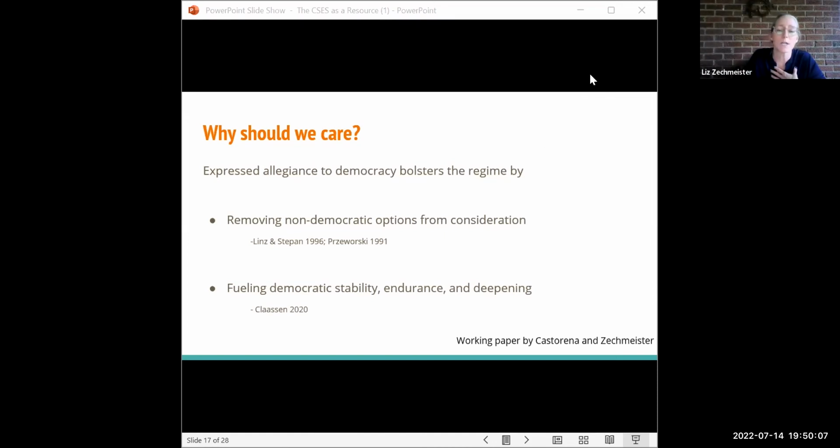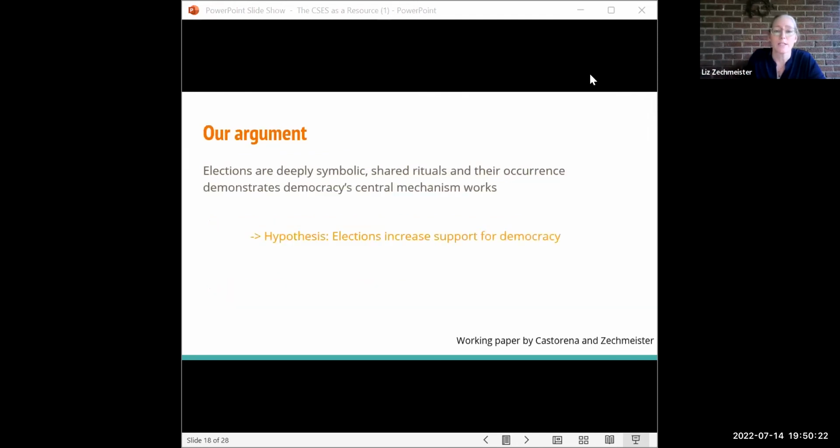And yet in a lot of the work that I do, I see variation in the public's commitment to democracy as a system. So I wanted to take a look at one factor that might account for some of this variation, and that's elections. The question, of course, is how might elections shape support for democracy? Will they shape support for democracy in a negative or in a positive way, if there is indeed an effect? And our argument is that there should be a positive connection on average.